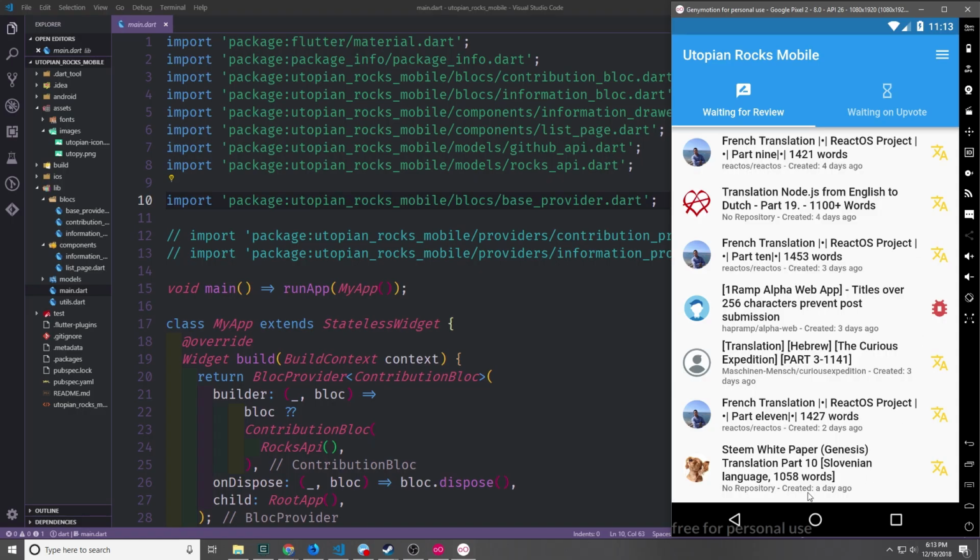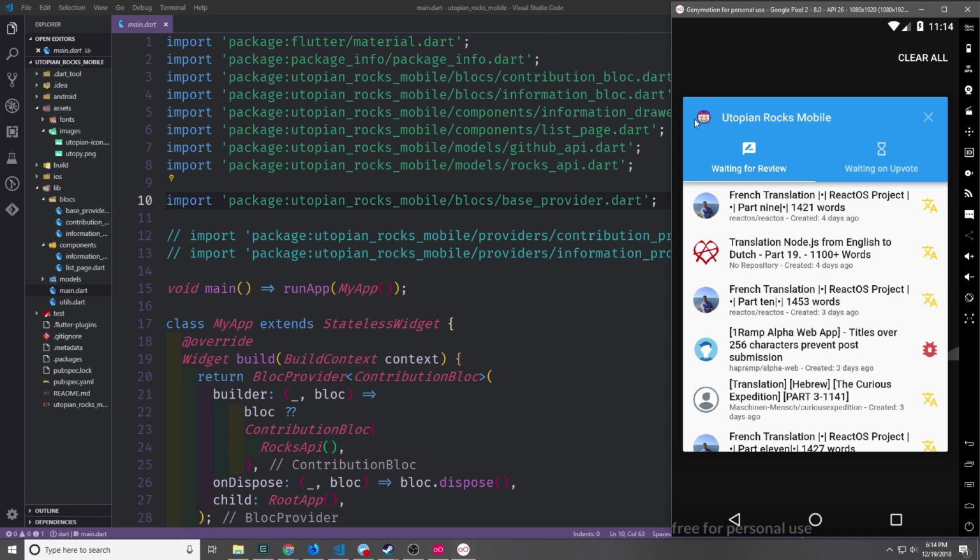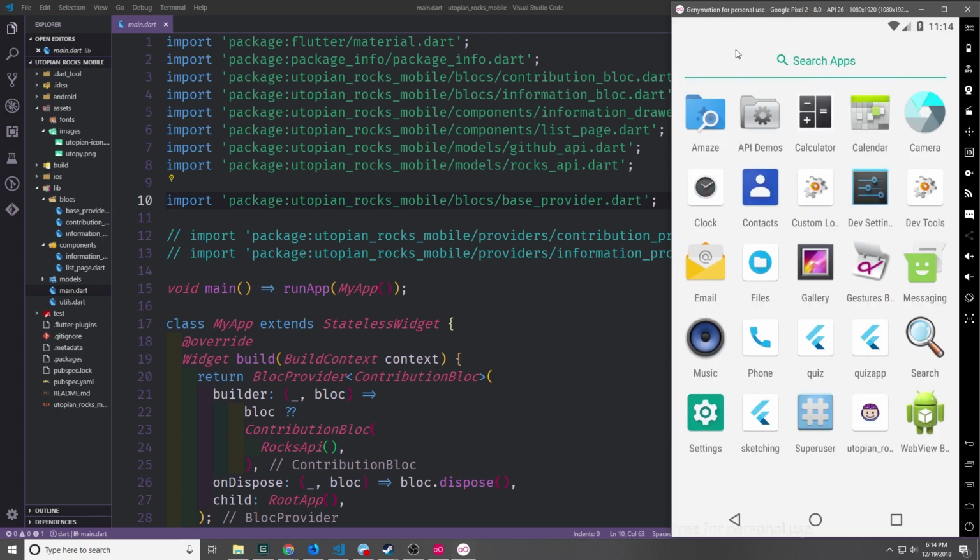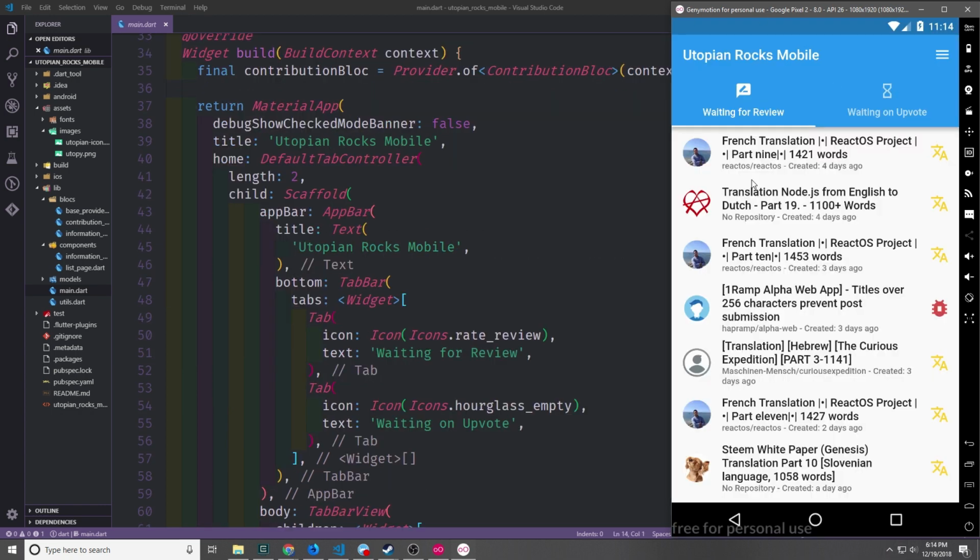And just to verify that this icon is now working, I'm just going to hit the square here, and now I can see the icon up in the left-hand corner. I can also exit out of the application completely and come into the applications drawer to see the icon down here as well. Now let's go ahead and change the top bar so that it has the theming that we want